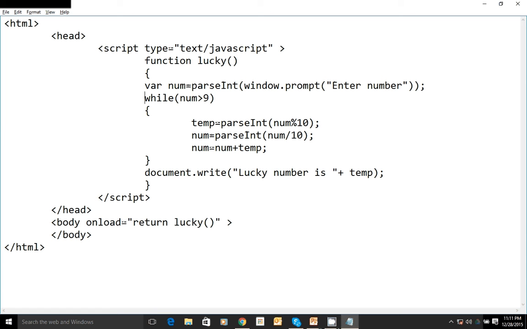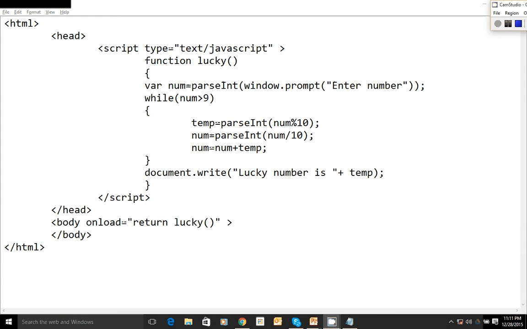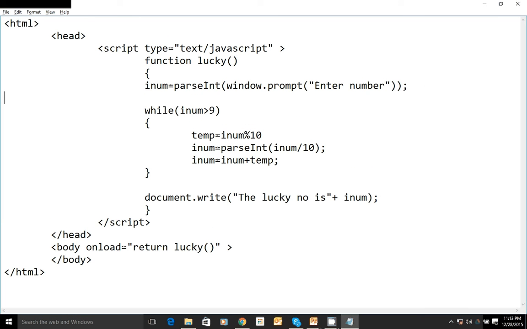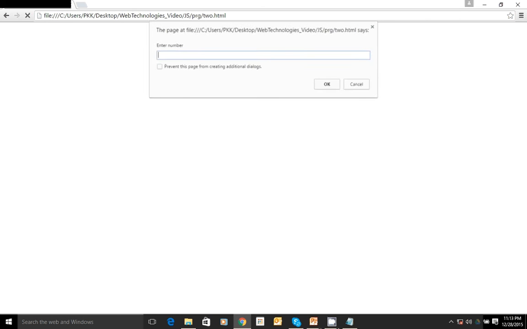Num equal to num mod 10. Num by 10. Yeah, let's test this program. So refresh this, enter the value. So the lucky number for the given number 1 2 3 is 6.